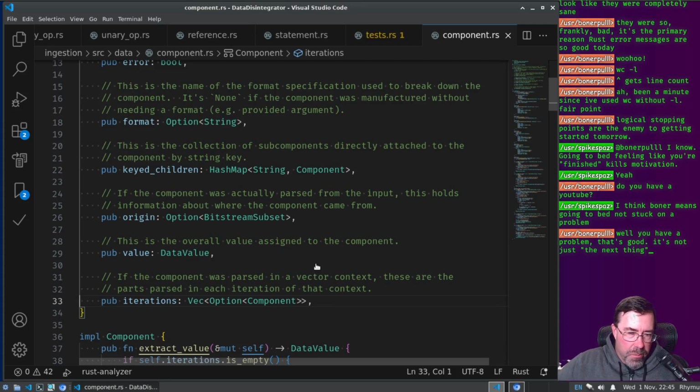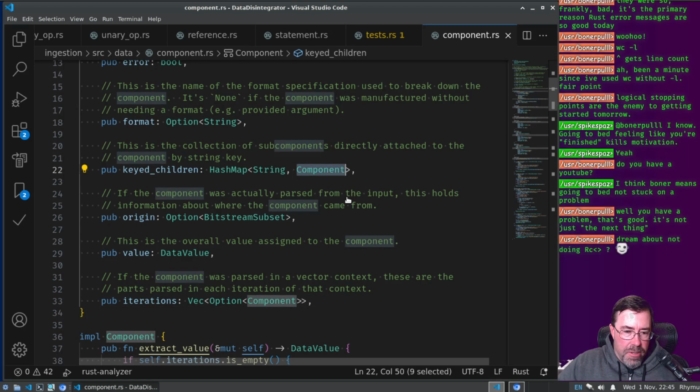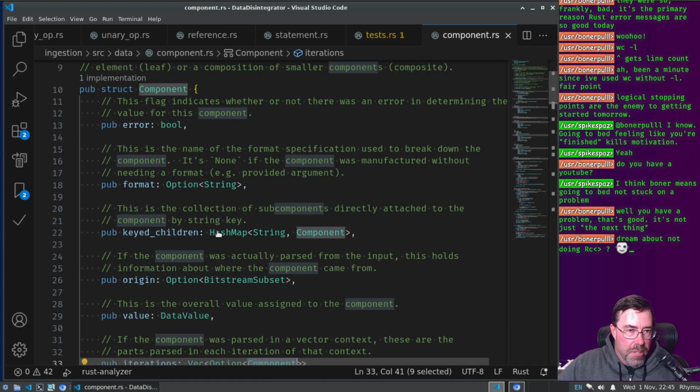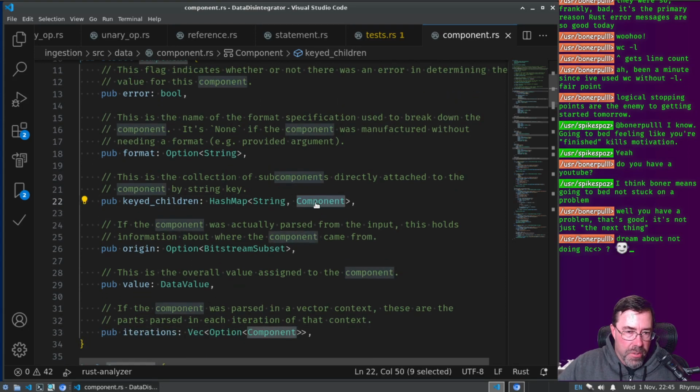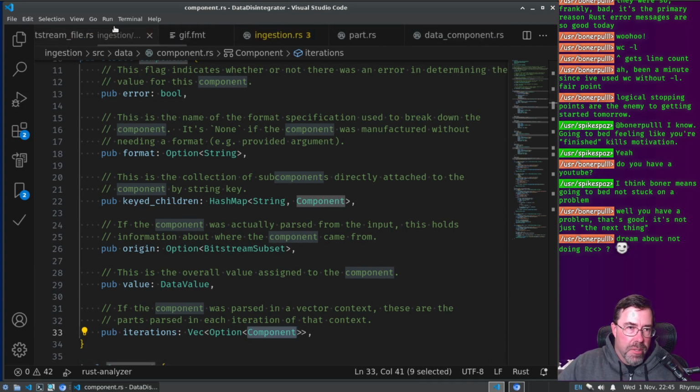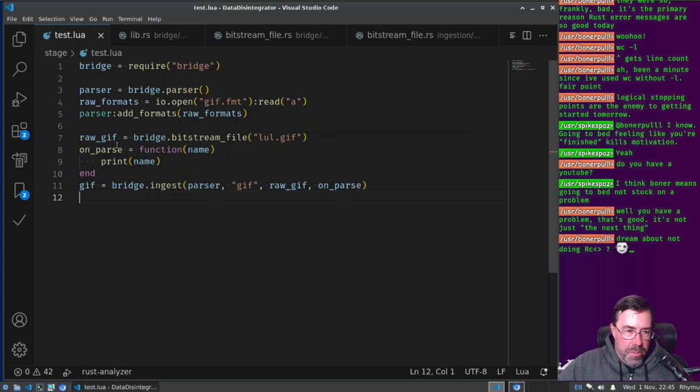So in the next session, what I'm looking forward to doing is being able to pass back a reference to a component to Lua, which means I will be working on making this a clonable thing. And since I don't want to clone the entire structure, I think we're going to break it into RCs. And so the ramifications of that in the ingestion library hopefully aren't too bad. And then one cool goal would be we get the GIF file and now we can say, well, what is GIF dot, let's